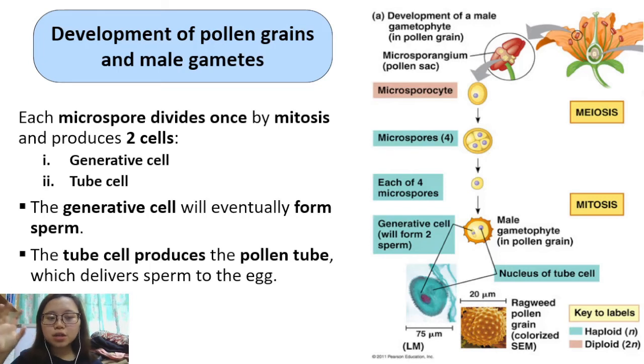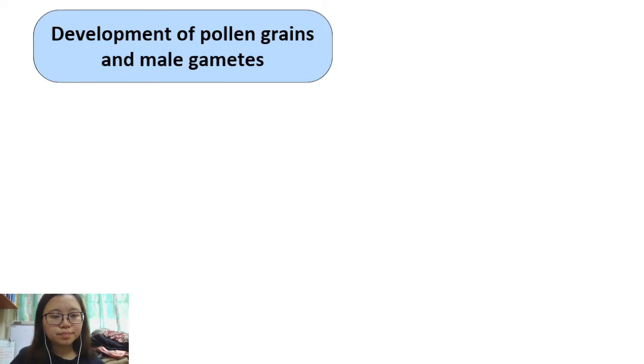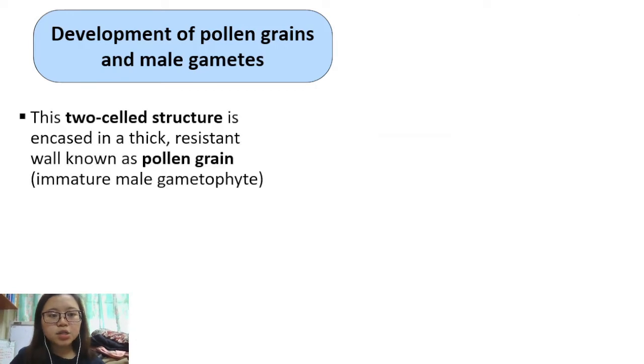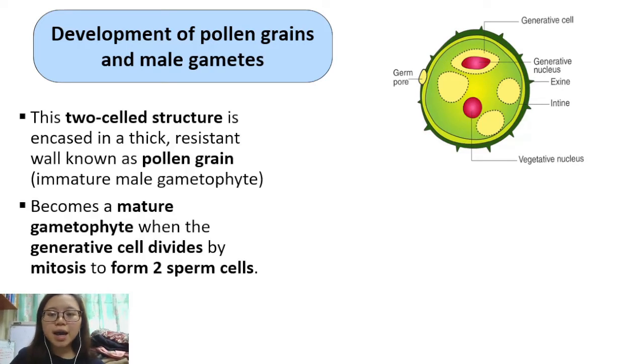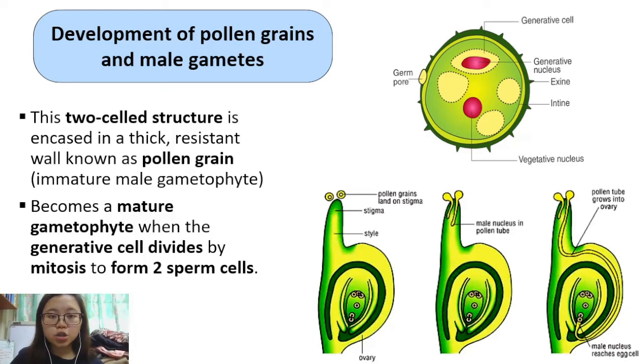Okay, the generative cell in the pollen grain eventually forms sperm, and the tube cell in the pollen grain will produce the pollen tube, which will later deliver the sperm to the egg. This two-celled structure is encased in a thick resistant wall known as pollen grain, immature male gametophyte, and it will only become a mature gametophyte when the generative cell divides by mitosis to form 2 sperm cells, which is during